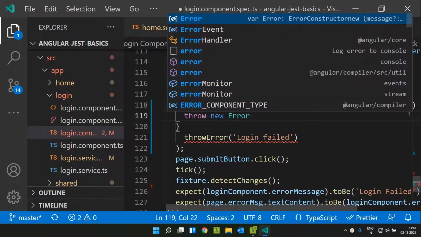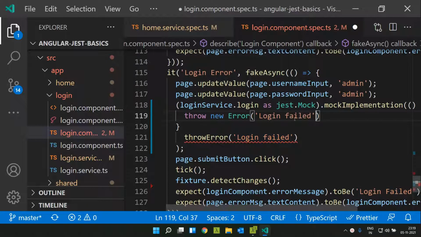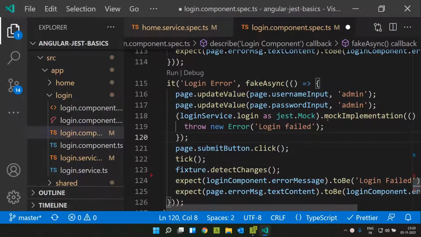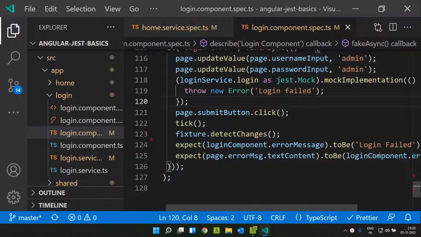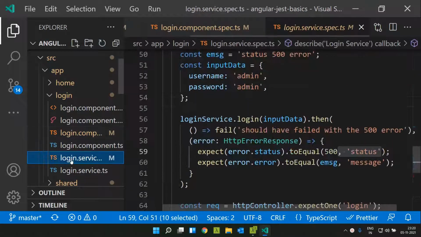So again just copy the error message, and this will be the type of error that will be thrown from within our mock implementation. That should be triggering our failure scenario, and we will be able to display our login failed within our error message.